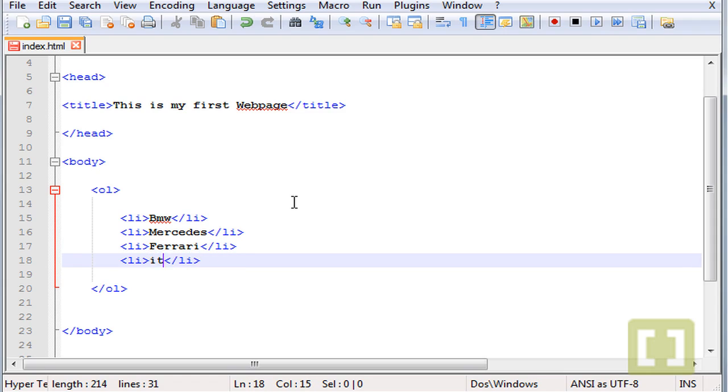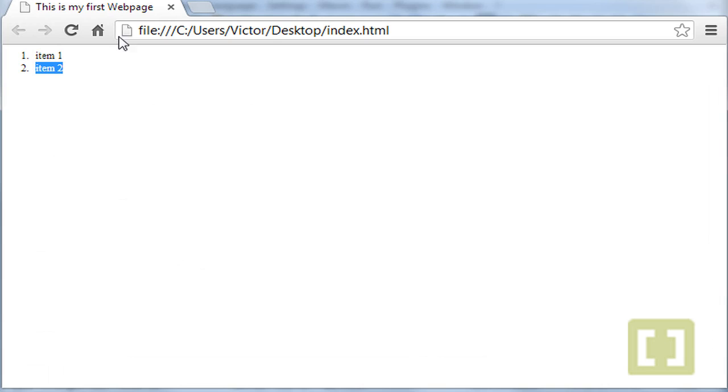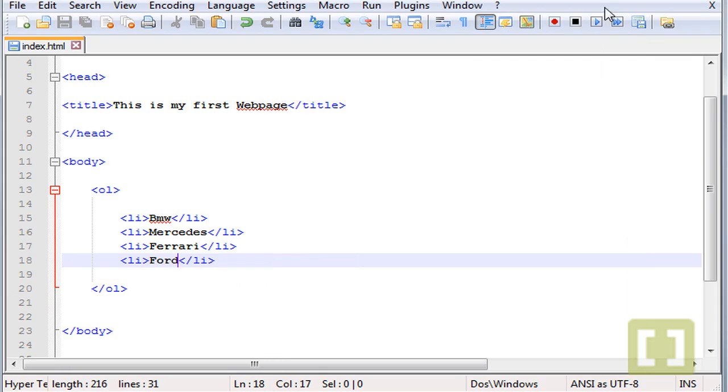So let's just type whatever you want, and this would be Ford. So if you save this and go to the browser and refresh, there it is. We have an ordered list perfectly organized here,